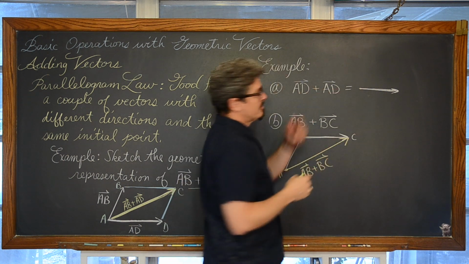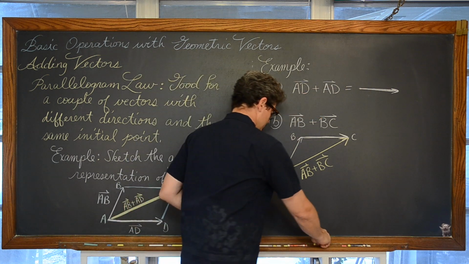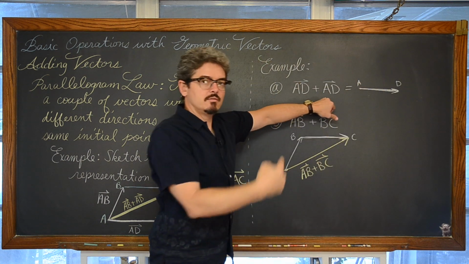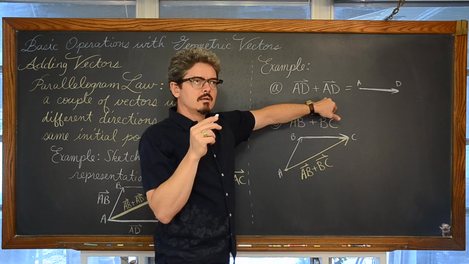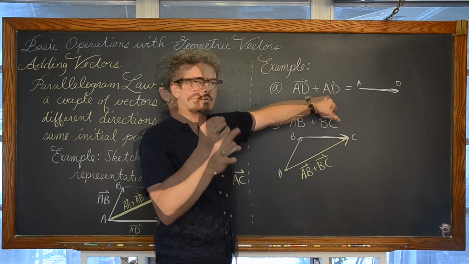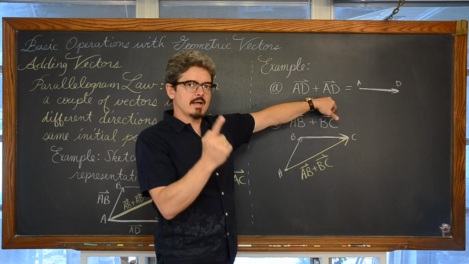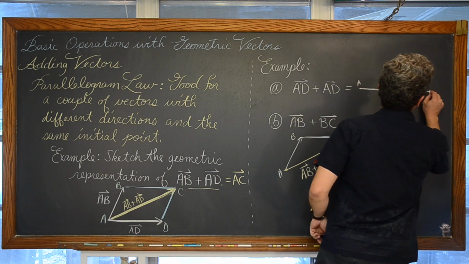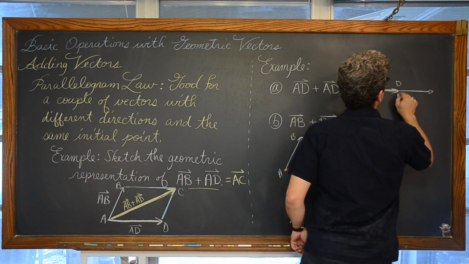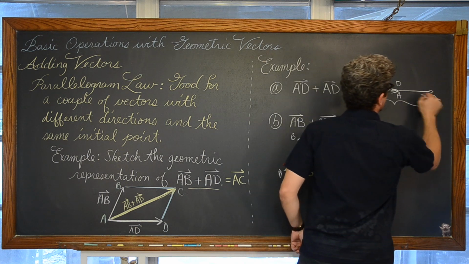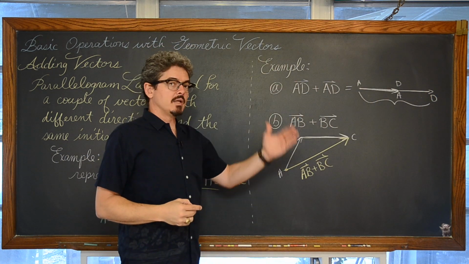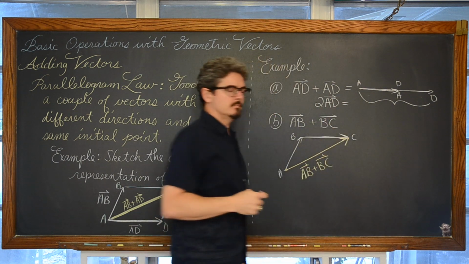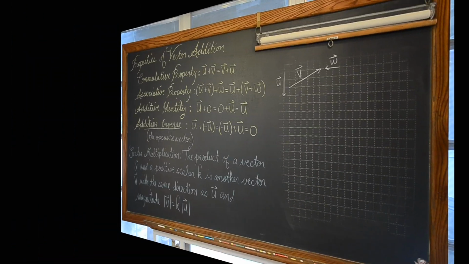And if I'm looking back up here at my first example, vector AD plus another vector AD, right? When you sketch a vector, the initial point does not define the vector, it's the magnitude and the direction. So if I say this is AD and I want to add it with another AD, I just tack on another AD right here, and this is the resultant vector. Actually, AD plus AD is simply nothing more than 2AD, almost like you're adding like terms.